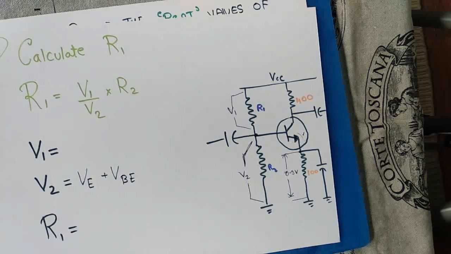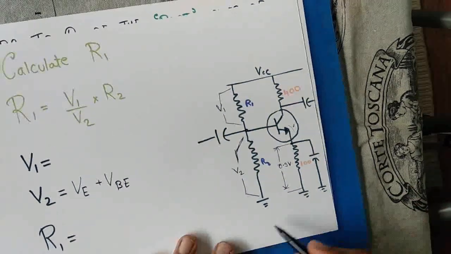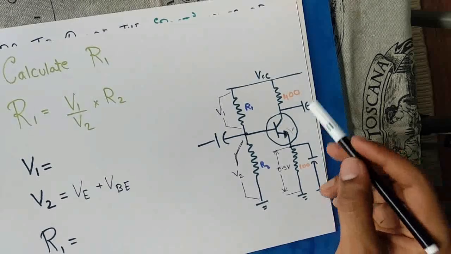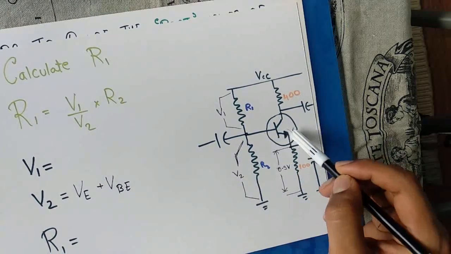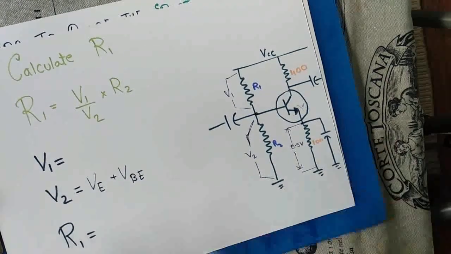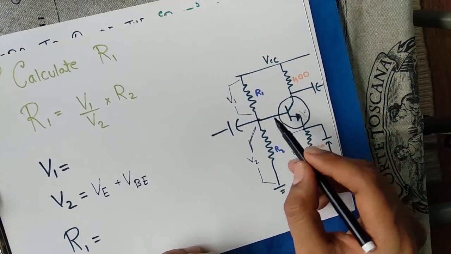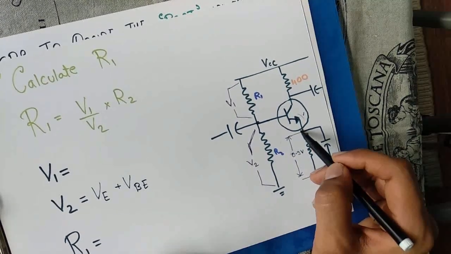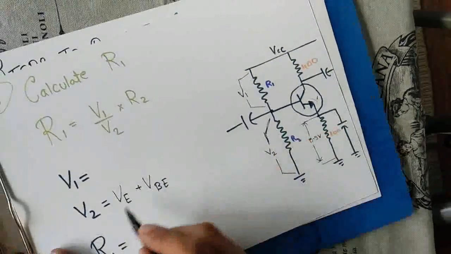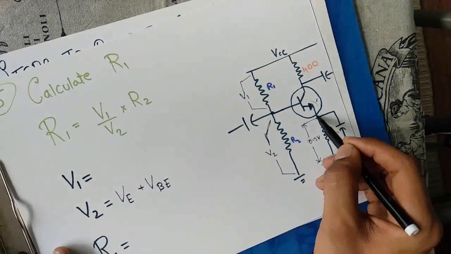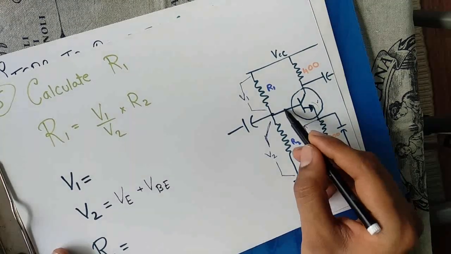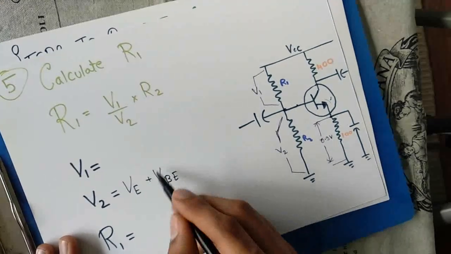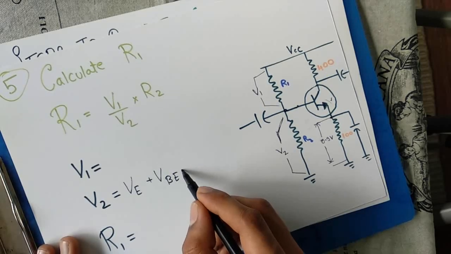If you're using a silicon transistor, like either a 2N3904 or BC547, the diode voltage drop across the base emitter junction is always 0.7 volts. So if you have 5 volts here, you will have 5 volts minus 0.7 volts here, which is 4.3. So it's basically the other way around. If you know the voltage here, you just add 0.7 volts to get the voltage here. So basically for any silicon transistor, VBE is 0.7.